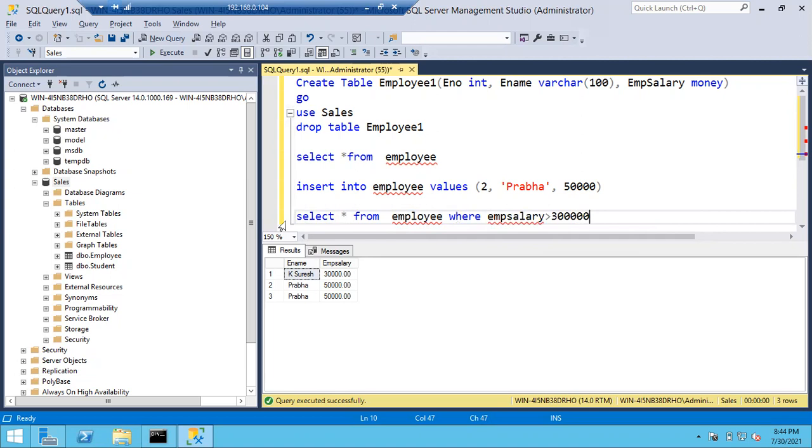Now if you run it, you can see there are 2 employees earning greater than 30,000. Two Prabhas are there, earning 50,000 each.